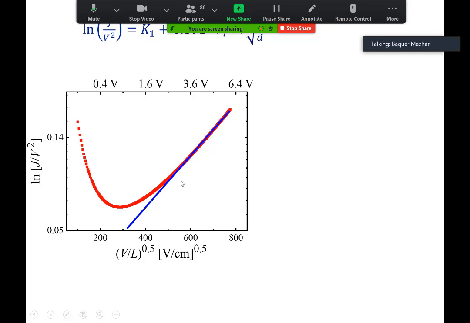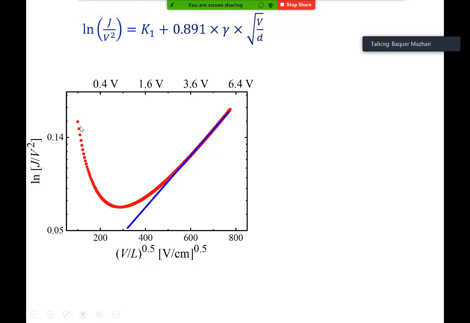But what we get here, as you can see, is more like a V-shaped, a tilted V kind of characteristic. And very often what people do is they ignore this particular part and take a portion where perhaps a straight line can be fitted, and they try to extract the low field mobility and gamma from